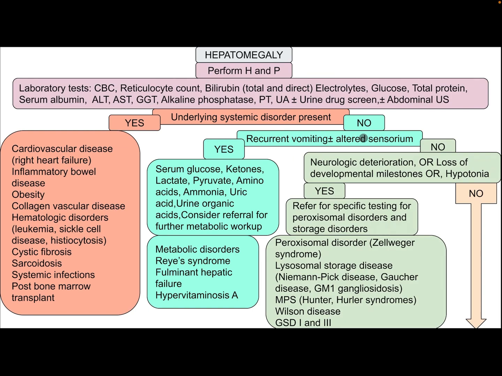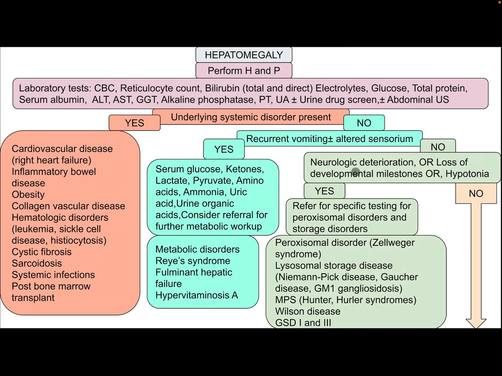If there is no systemic disorder, is there recurrent vomiting or altered sensorium? If yes, consider serum glucose, ketone, lactate, pyruvate, amino acid, ammonia, uric acid, urine organic acid. Consider referral for further metabolic workup. Differential diagnosis: metabolic disorder, Reye syndrome, fulminant hepatic failure, and